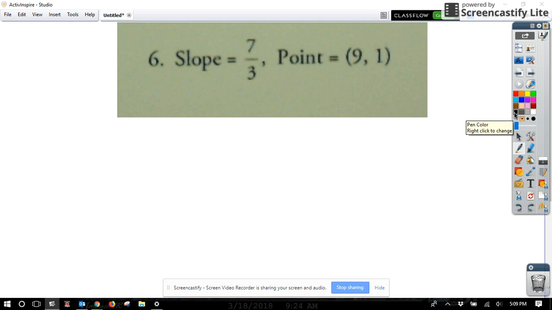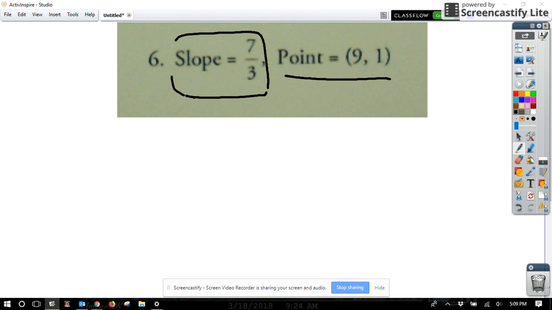This tutorial is for when you are actually given the slope, so you don't have to worry about parallel lines or perpendicular lines. Are you supposed to take an inverse or anything like that? You're just given that the slope is here, but it's got to go through this point. Now remember that slope-intercept form, y equals mx plus b,